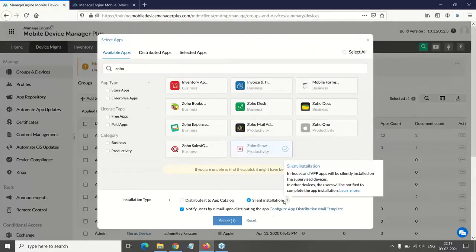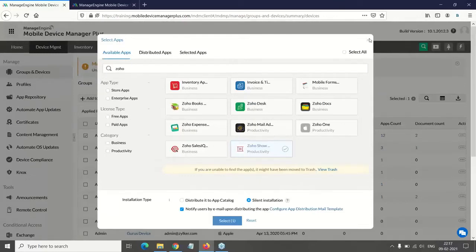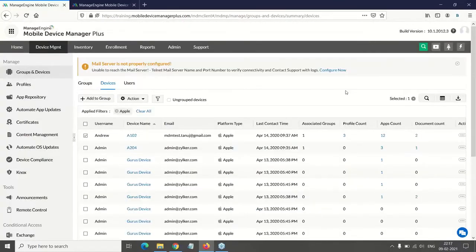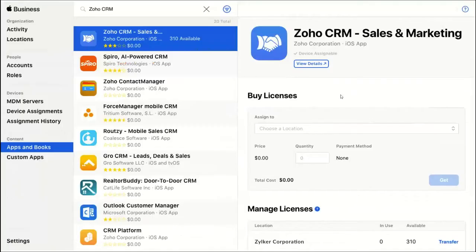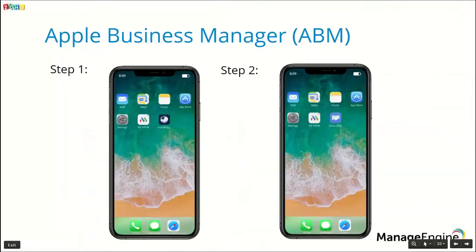Choose the corresponding option and click on select. That particular application will get added to the devices, and on the device, it will look like this. The application will start getting installed automatically and the installation will get completed.